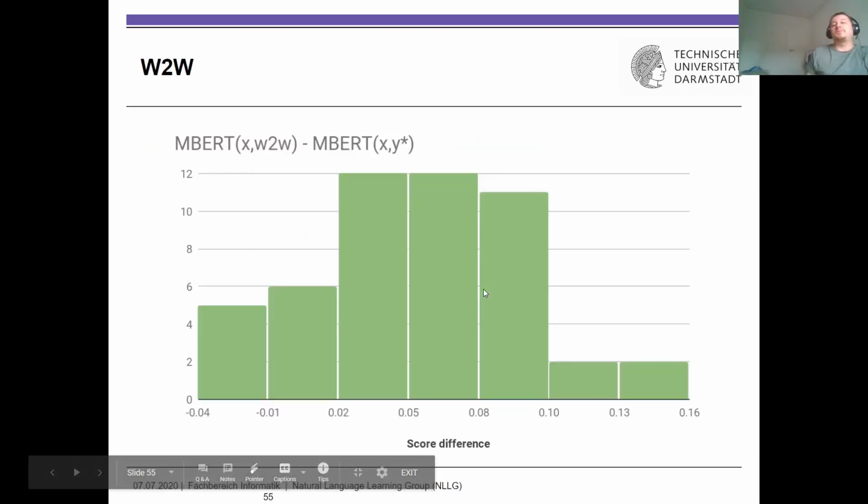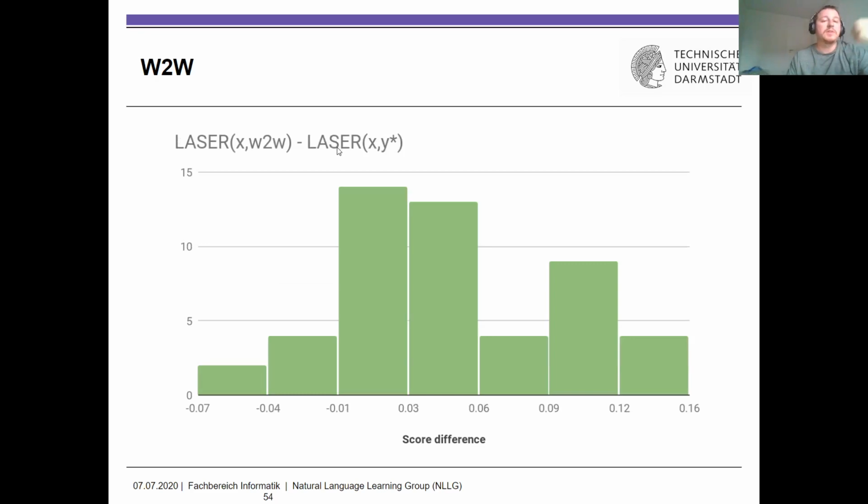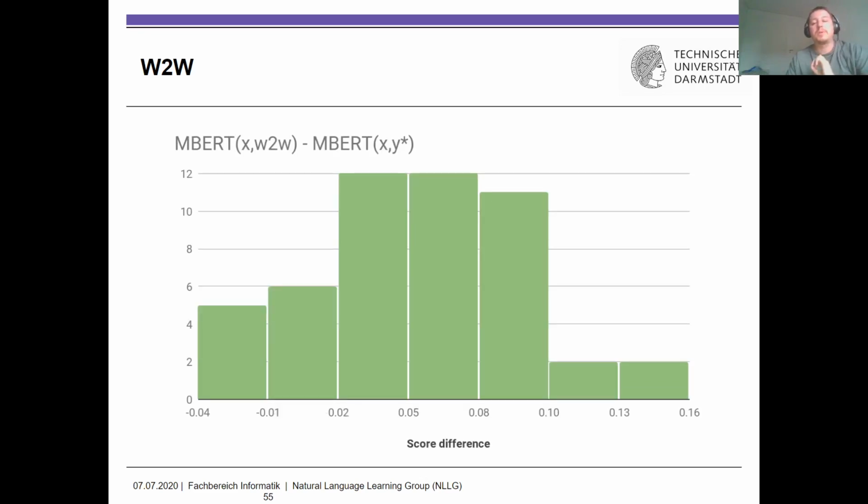So what do we conclude? I have to say, this is multilingual BERT plus MoverScore. So it's a combination of multilingual BERT and MoverScore. Whereas LASER is LASER embedded, so you embed the sentence with LASER, you get a sentence embedding, and then you calculate the cosine similarity. So that's important. Those metrics are LASER plus cosine and multilingual BERT plus MoverScore. So what we learned from that is that our metrics